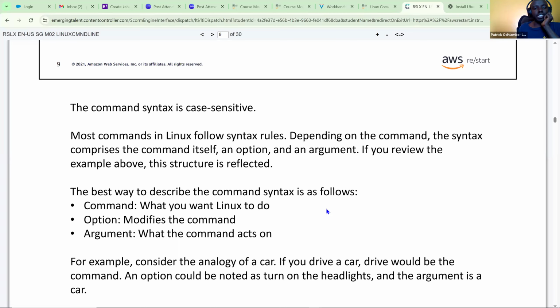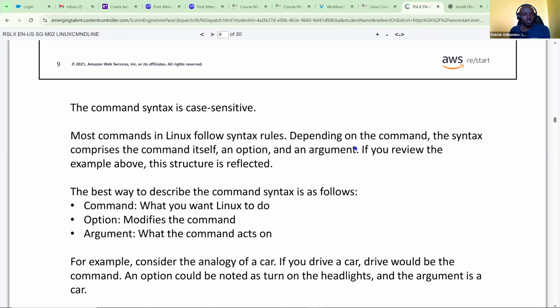But where nothing has been specified, small letters will always get you where you need to go. So most commands in Linux follow syntax rules depending on the command. The syntax comprises the command itself, an option, and an argument. If you review the example above, this structure is reflected. The best way to describe the command syntax is as follows.